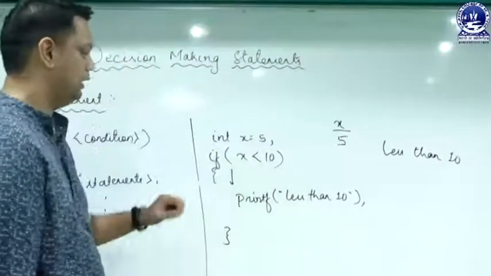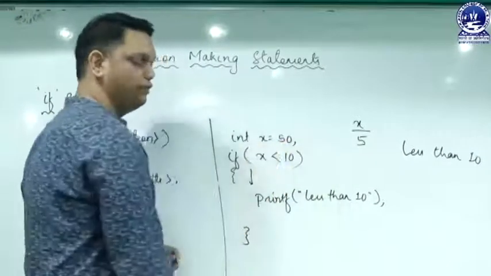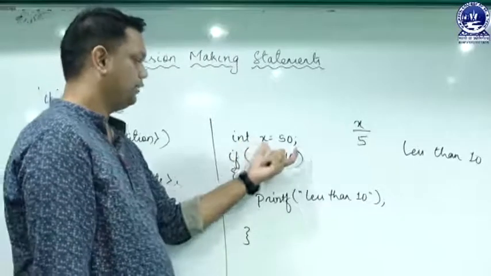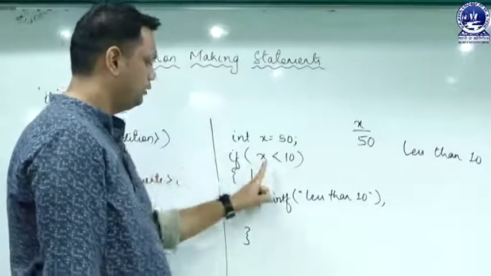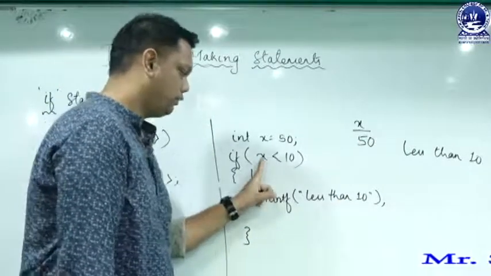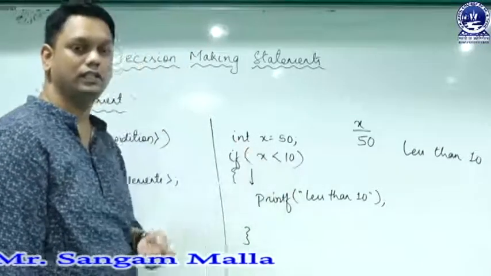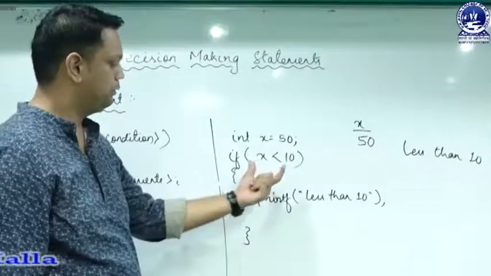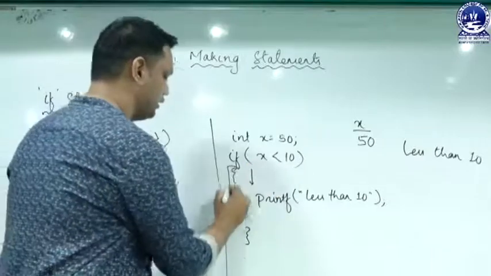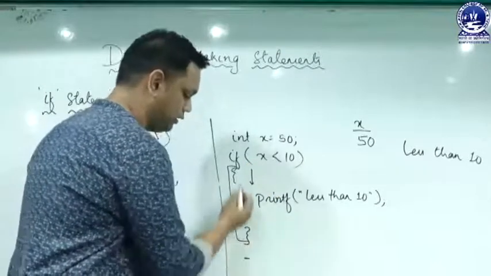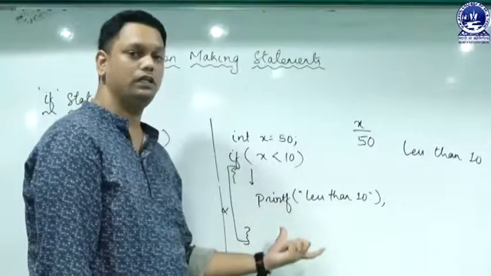But suppose I change the program, let's say int x = 50. So x = 50 means 50 will be initialized to x. Here the condition will come: the value of x is 50, it will check is 50 less than 10, true or false. So 50 is less than 10, it is not true, that means it is false. So once it sends the false result, it will not enter the block. So the statements after the block of if will be executed. So this is the example of a simple if program.